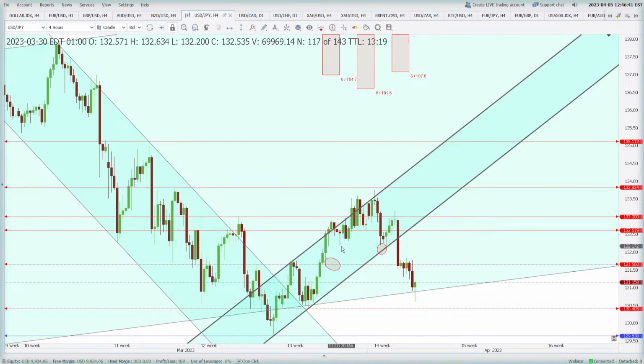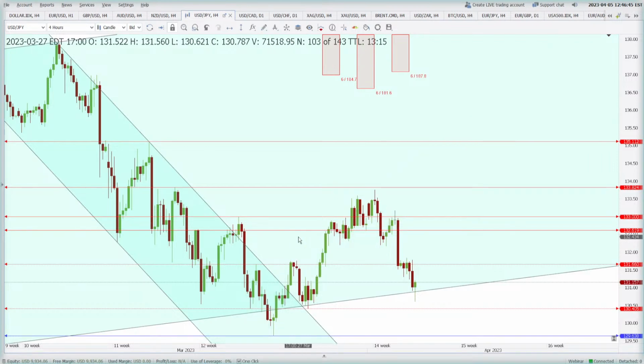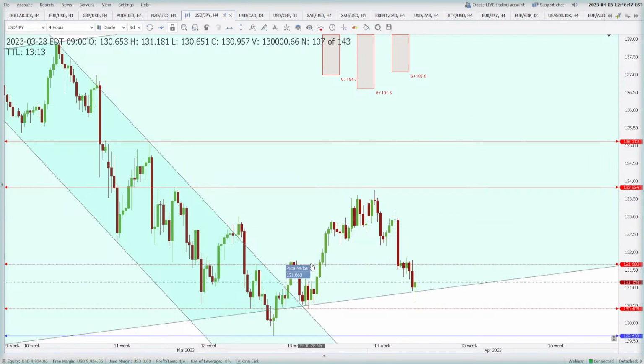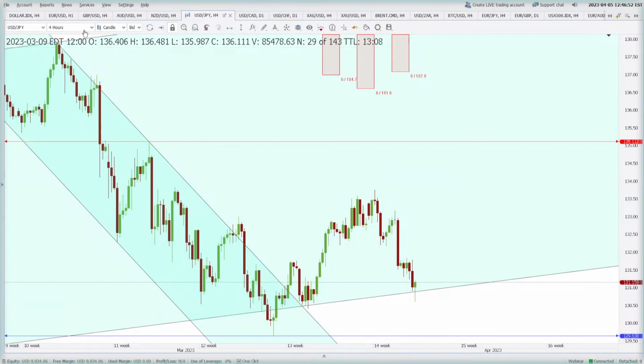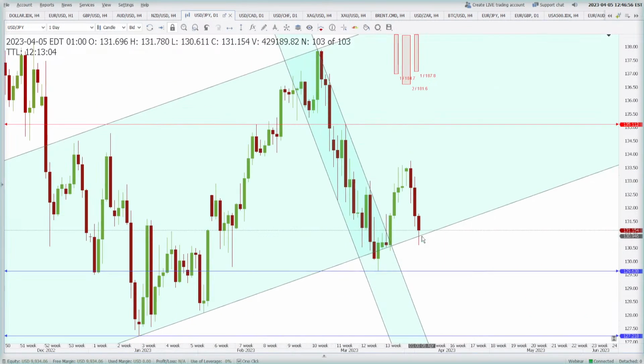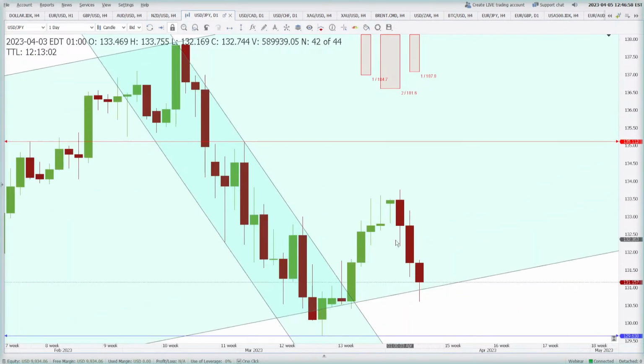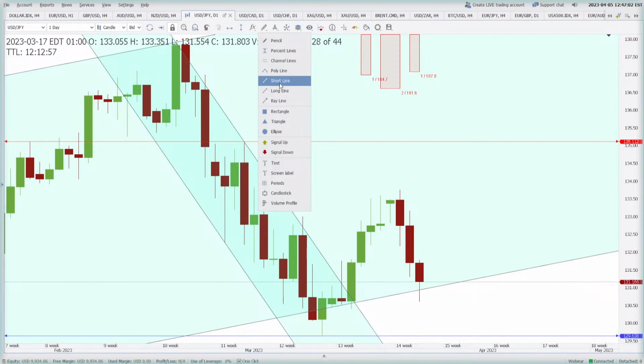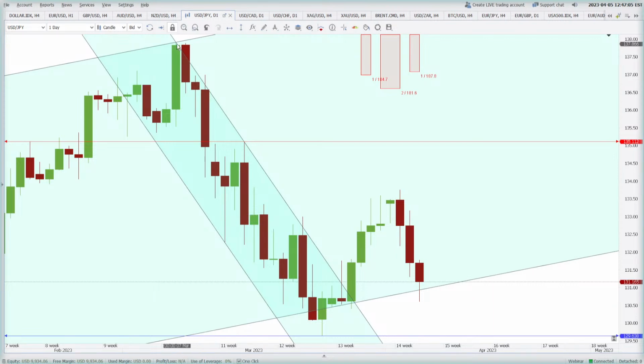I want to remove all this clutter so that you can see clearly what is happening. Okay, I'm removing all the channels. I'm removing all the trend lines, so that you have a clear picture of price action, what is happening. Okay, I'm switching to the daily. From the daily, you can see this was the pivot. Now, if I talk like this, then you will see that this was the pivot, right?